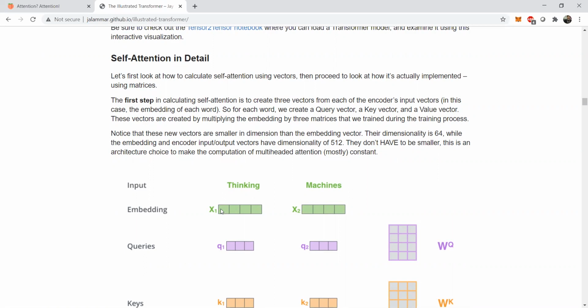three important concepts. There is a query vector, there is a key vector, and there is a value vector. So these three vectors, Q, K, and V, are very important. The first step in calculating self-attention is to create these three vectors from each of the encoder hidden cells. That is the input vectors or the hidden cells, or it can be the embedding vectors as well. In the context of translation, in the context of text classification, we also use an embedding vector, right? For each and every word.